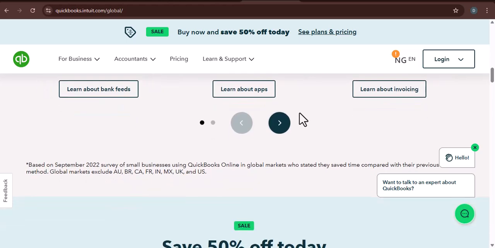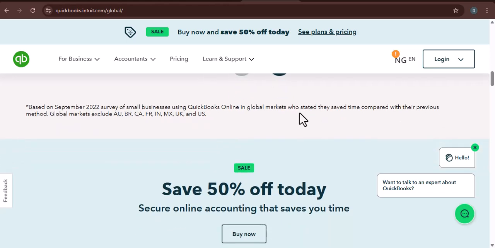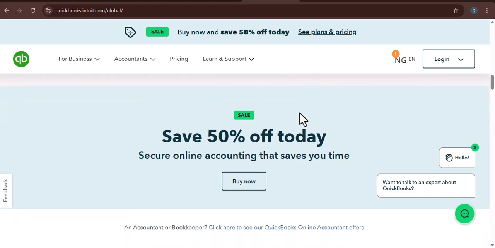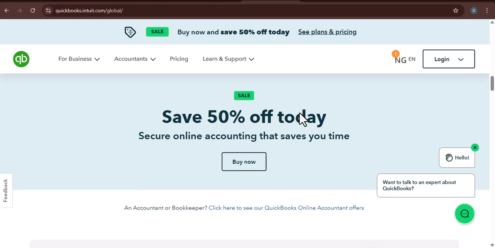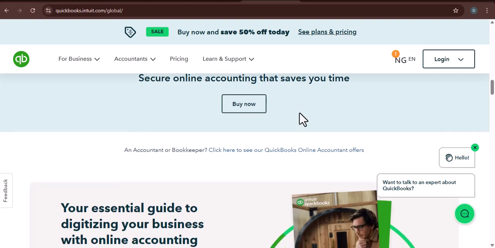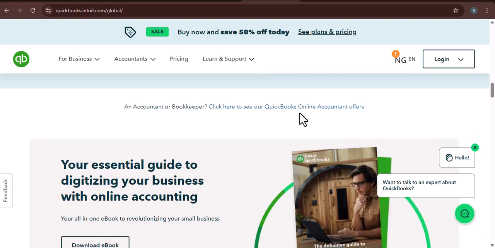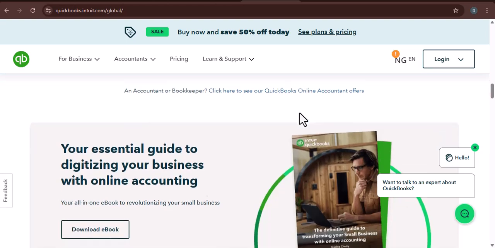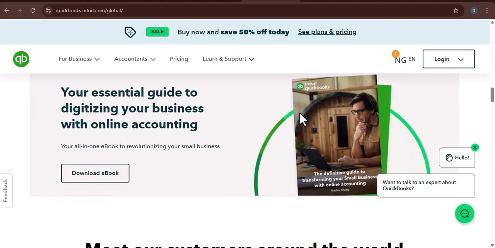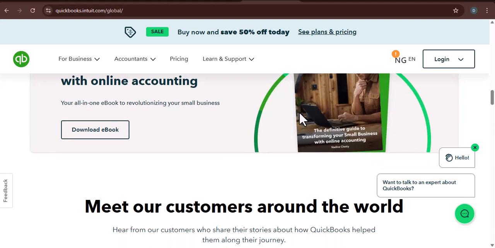Furthermore, use the tools available within QuickBooks Online to communicate effectively. QuickBooks Online offers features like notes and attachments, which can help you provide your accountant with context and clarify any questions or concerns. In summary, the Accountant User feature in QuickBooks Online is a powerful tool that can help you transform your financial management. It allows you to collaborate with your accountant in real time, ensuring accuracy, efficiency, and insightful financial reporting. By understanding how to use this feature effectively, you can streamline your financial processes, make informed decisions, and